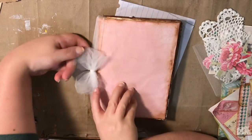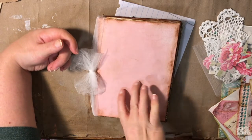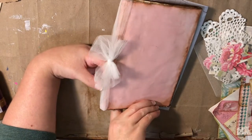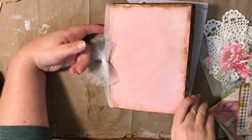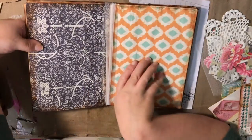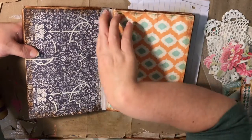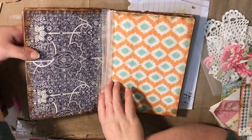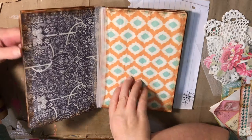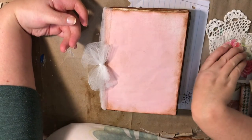I also wanted to show you that I put this tulle ribbon on here, and it's not glued on. I put it on because I was a little bit concerned with the middle of the book. It's just staples, so I used it almost as a reinforcer to hold the book together. God forbid the staples don't hold up, because what I have besides the cover